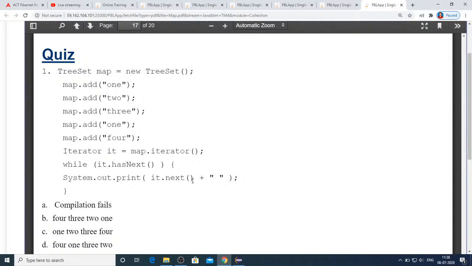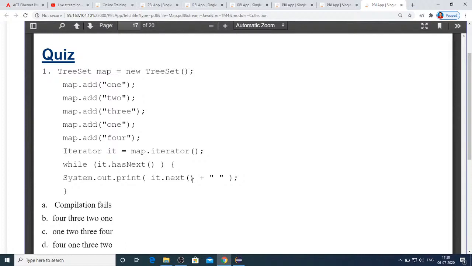So it's only to confuse you. It's one of the best examples for you to understand how the assessments will be. Here you can see the class that is used is tree set, but the object name is map. So don't get confused. Tree set is the class name actually. Map is just the variable name. So it's not actually the map.